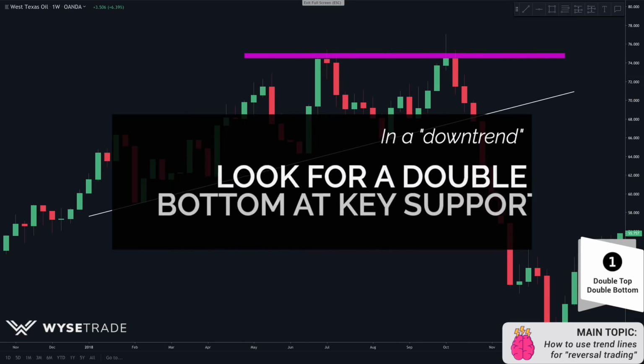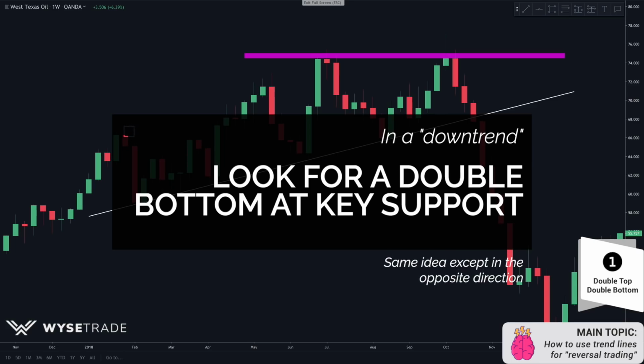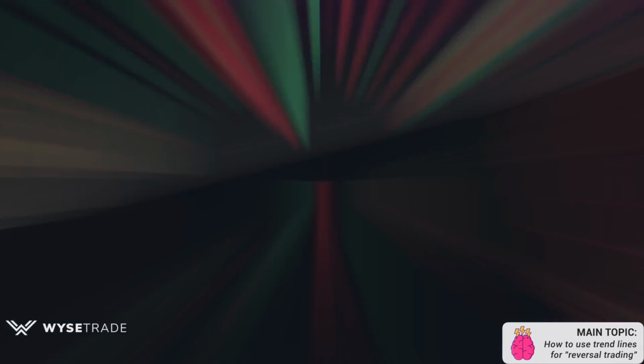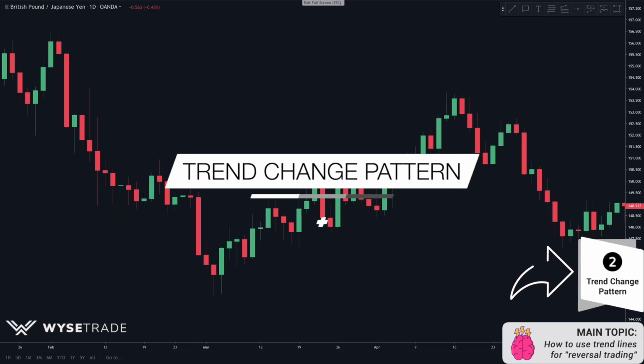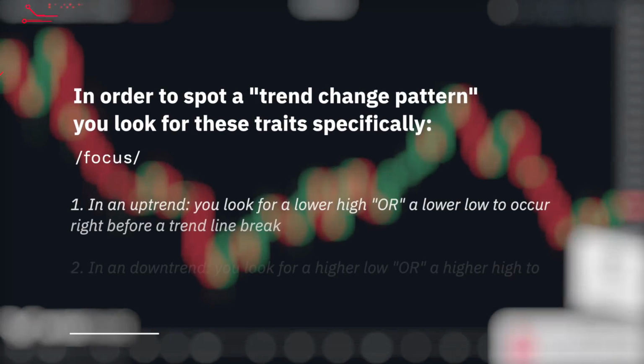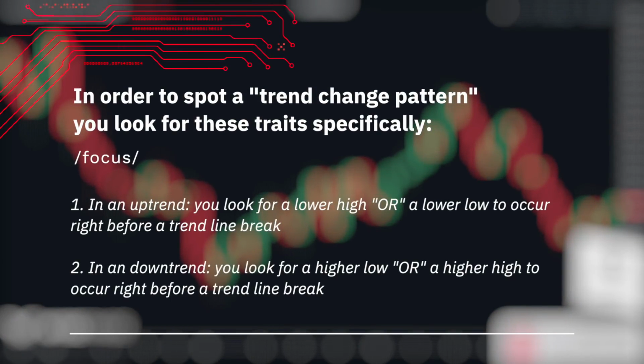Now, if this were a downtrend, you would look for a double bottom. So let's jump to the next pattern we look for right before a trendline break, which is a trend change price action pattern. In order to spot a trend change, you look for these traits specifically. In an uptrend, you look for a lower high or a lower low to occur right before a trendline break. And in a downtrend, you look for a higher low or a higher high to occur right before a trendline